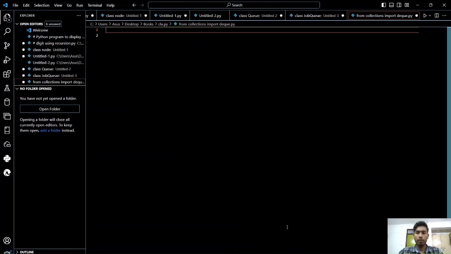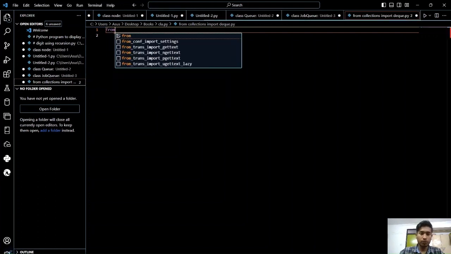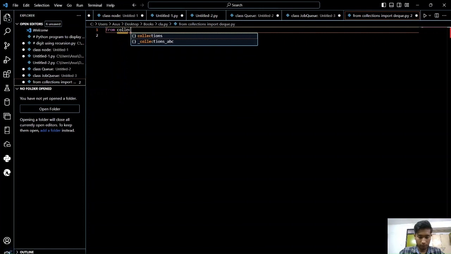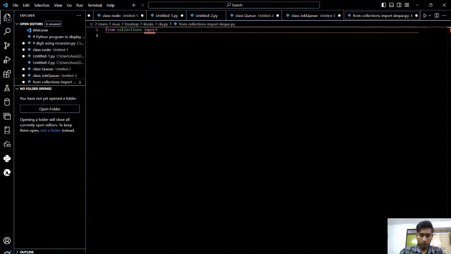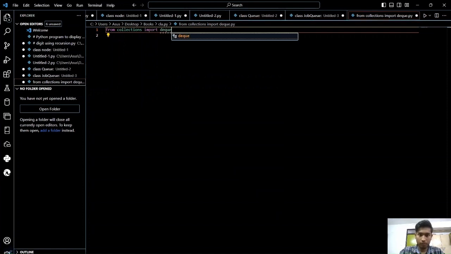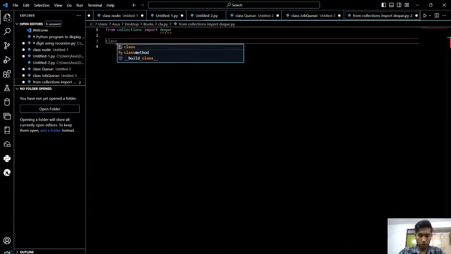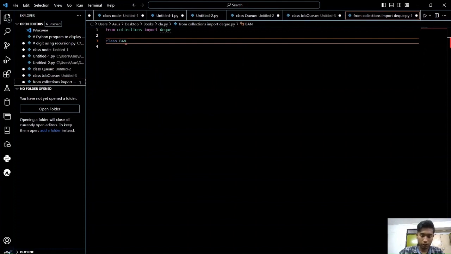So let's start with the coding part of our bank simulation, in which we include transaction types, withdrawal and deposit, and other things related to the queue. So let's start. First, we have to import deque from collections. Now let's make a class called Bank, in which we include